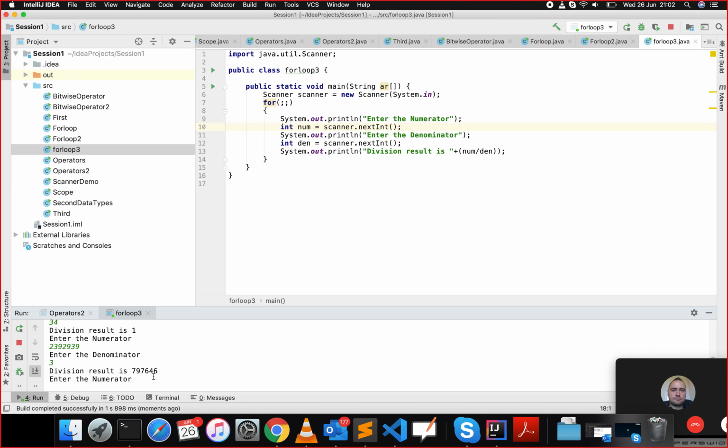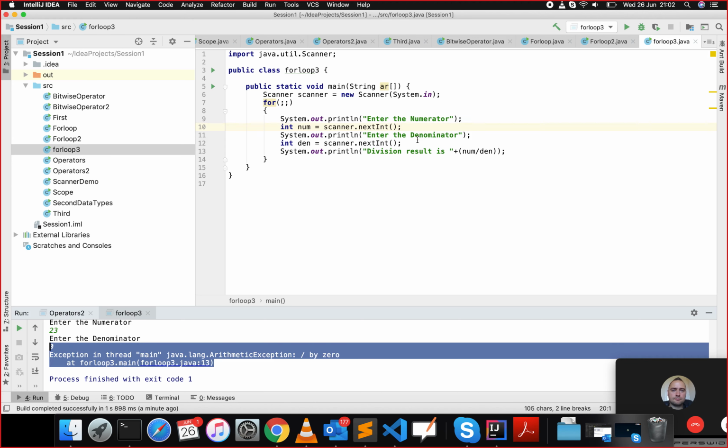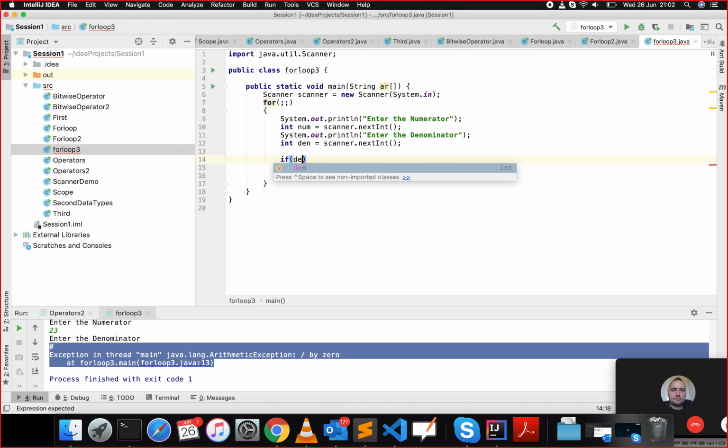That is not allowed. For example, if I give numerator as 23 and denominator as 0, you'll get an exception. It's an error. Now how do you stop the user from entering 0? This is where continue will be really useful. Once the user enters both the values, you just check the denominator. If the denominator is equal to 0, then type a message to the user saying that